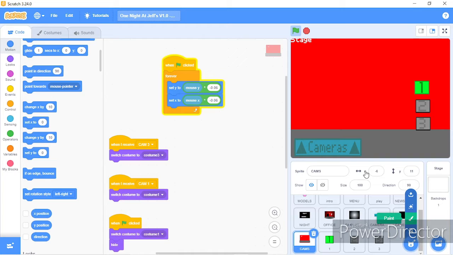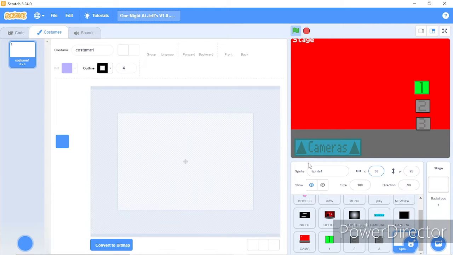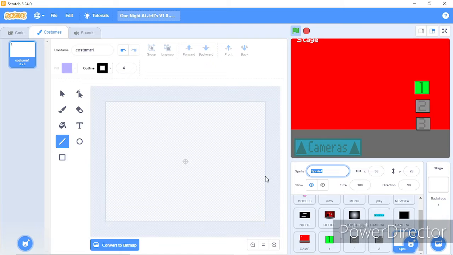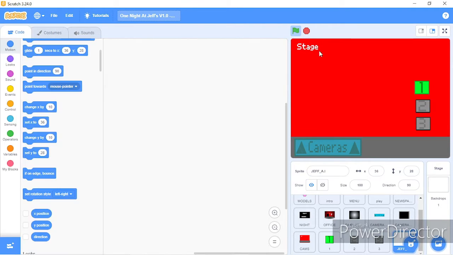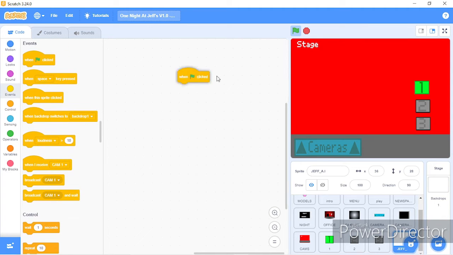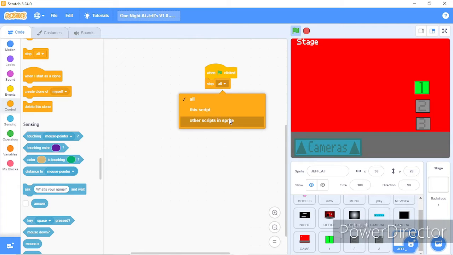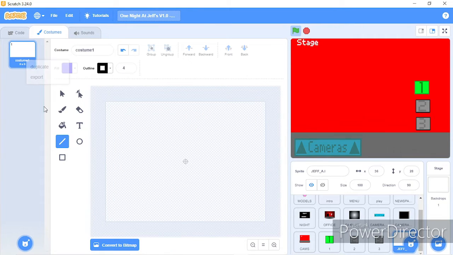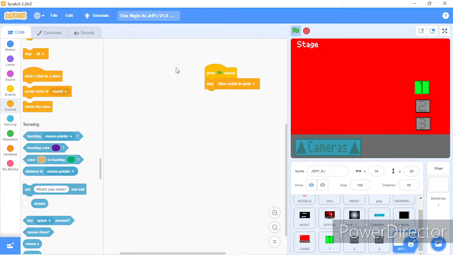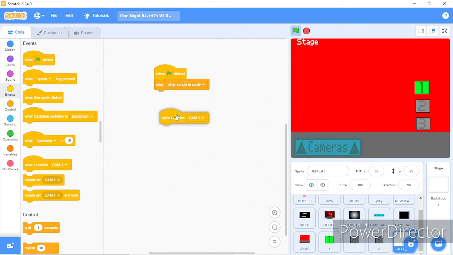What you're gonna do is paint a new sprite. Name it whatever your character's name is, underscore AI. So I'm gonna be tackling my character Jeff first. So just to be safe and so nothing interferes, just do when green flag is clicked. You don't even need to put a costume. Obviously you can't delete that costume, but you just don't even need to draw anything. When green flag is clicked, just to be safe, stop other scripts in sprite. Do when I receive